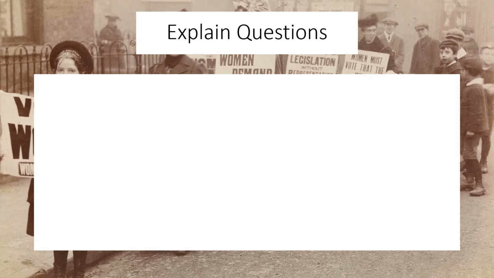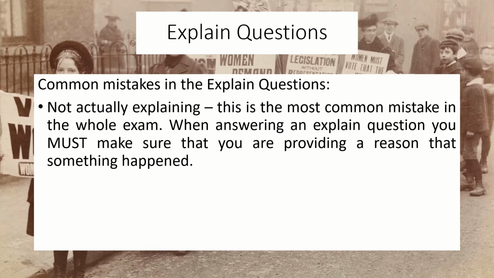Okay, on to explain question. Now, the common mistake in the explain question is probably the most common mistake in the whole paper, which is that when answering this, people don't actually explain. In order to explain, you must make sure that you're providing a reason why something happened. So it might be,